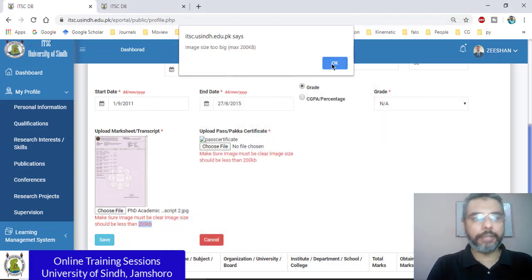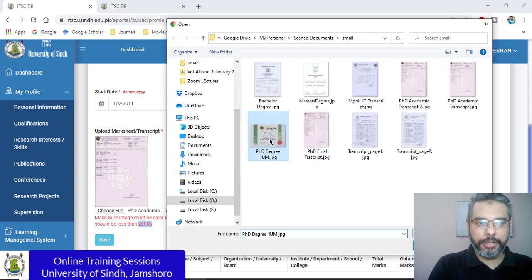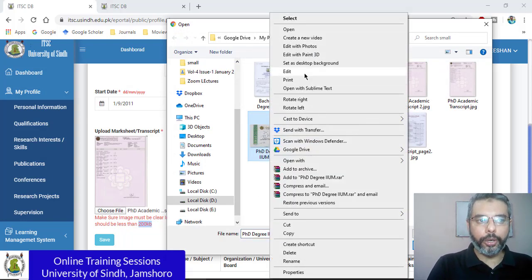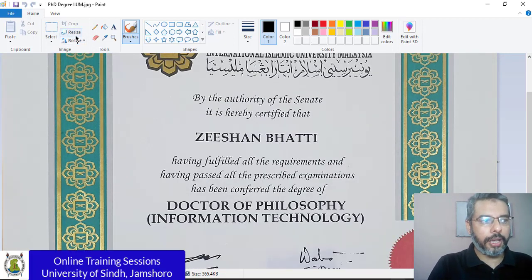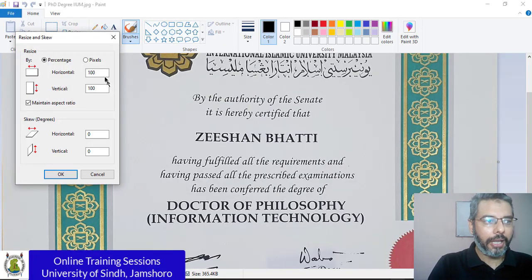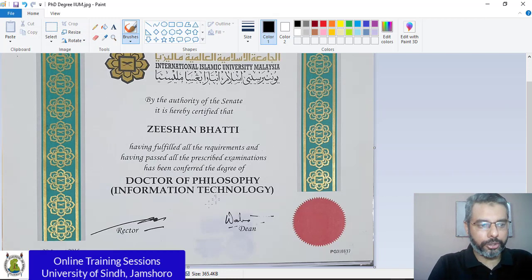If it again gives you an error that the file size is too big, we use the same quick trick to reduce the file size. So you select your image file, right click on it, and go on to edit. This is a trick to reduce the file size. I think this is the quickest we can do. In here, just click on the resize button, and in my case, for example, I will just do 75. So from 100, it will reduce it to 75%. It will retain most of the values, in other words.